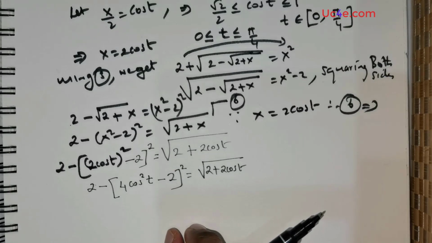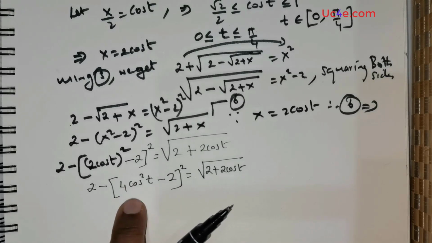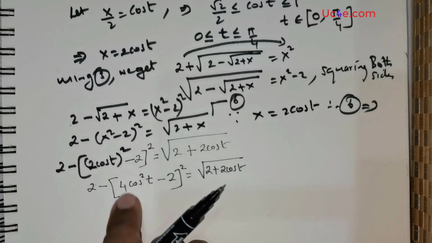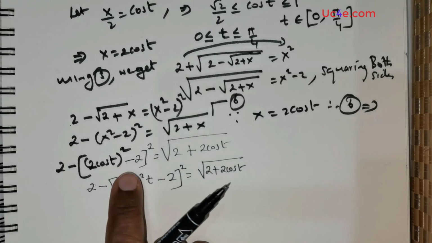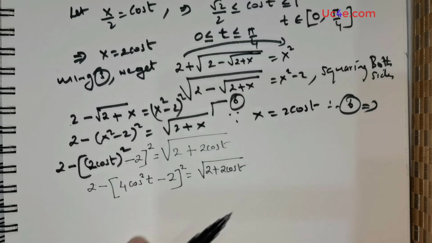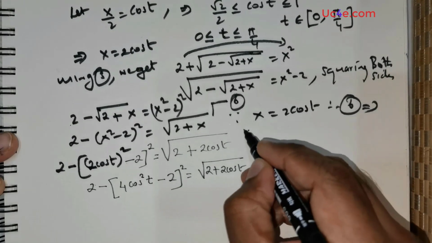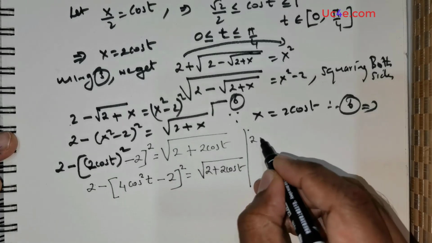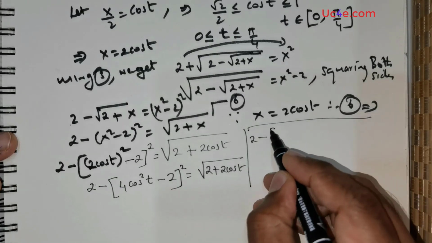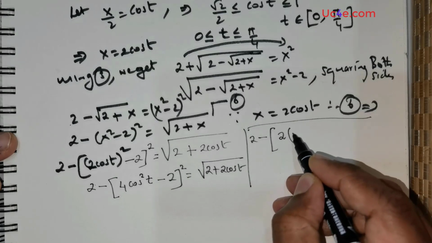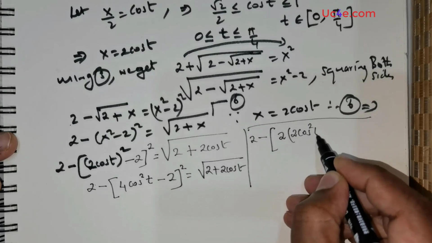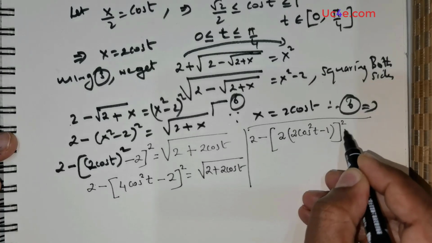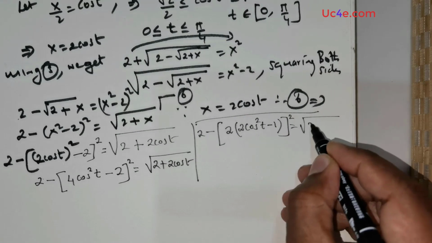Now what I would like to do is rewrite this. This is actually 4 times cos squared t, right? So we can do some slight manipulations to ensure that this can be simplified. That's exactly what I'm going to do. Now let me use this space here. Now I've got 4 times cos squared t negative 2. Let me take 2 out. So it's going to be 2 negative of 2 times of cos squared t negative 1 raised to the power of 2